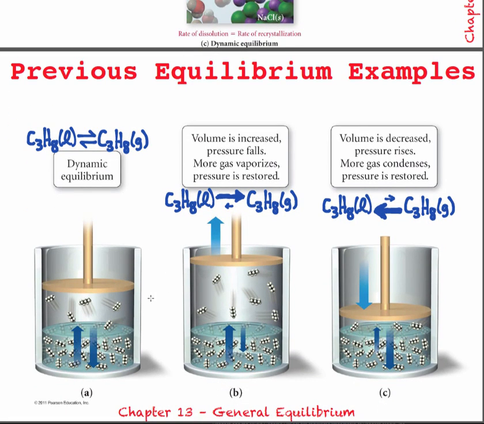One more example. I take a piston and cylinder, and it looks like I have propane. Liquid propane. It actually wouldn't be a liquid unless I compressed it a little bit, but you can do it pretty easily. And so here's liquid propane down here, and a few gaseous propane molecules, 5 cartoon molecules up here, and a whole bunch of cartoon molecules down here. If I put the lid on and leave it set for a while, it'll reach an equilibrium state where I have a certain number of propane molecules in the liquid phase per second moving up into the gas phase,